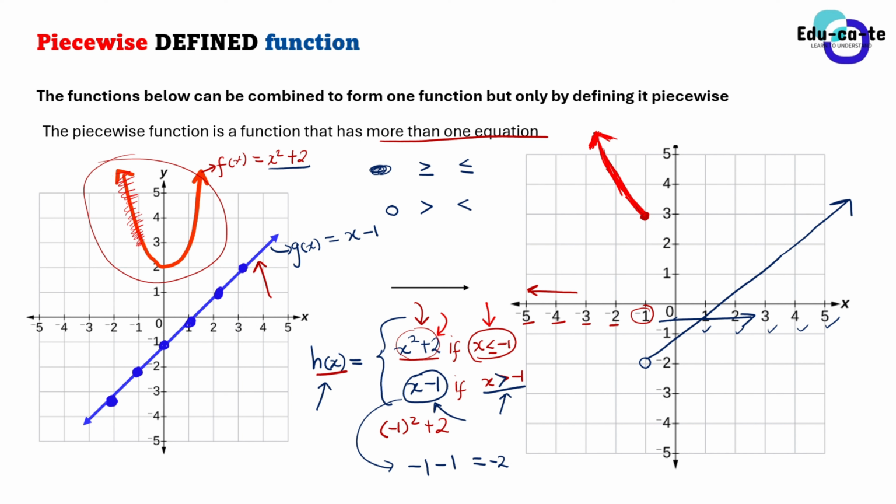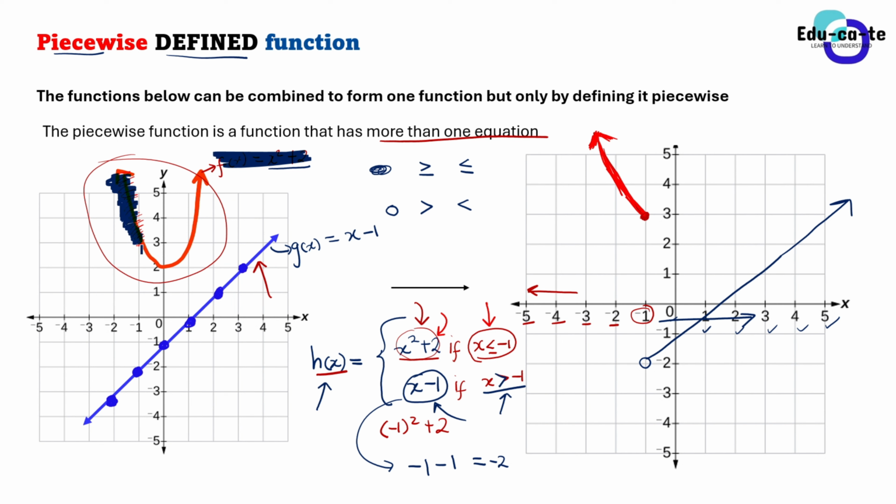So this is actually a piecewise function. We've combined these two functions by defining them at specific domains, by cutting a piece of each. That's why it is known as piecewise defined. We have plotted a function on only certain parts of the domain. On this parabola, this was a full parabola. If f of x is given by x squared plus 2, we have only decided to plot it as long as the x values were less than -1. When we reached -1, we stopped. You can see that this is our portion of the parabola before x was -1.